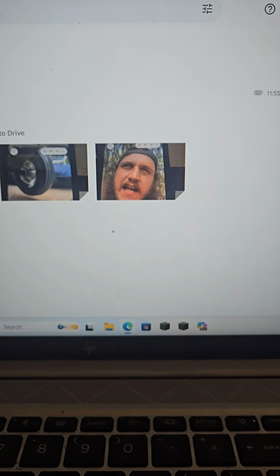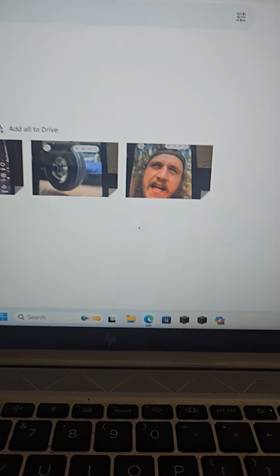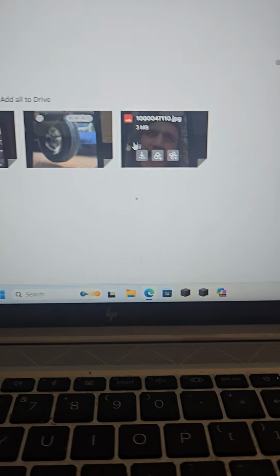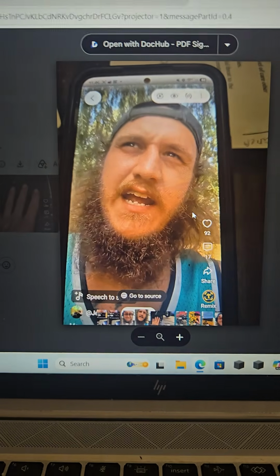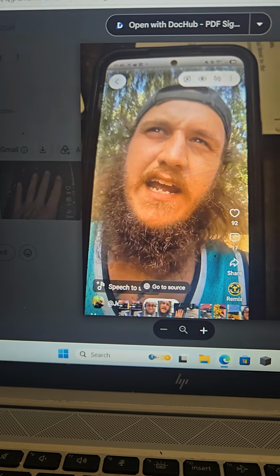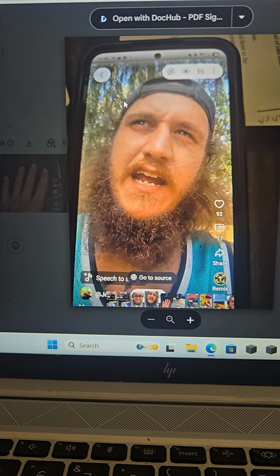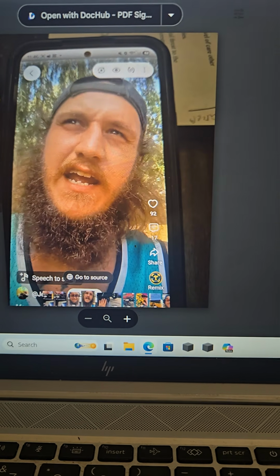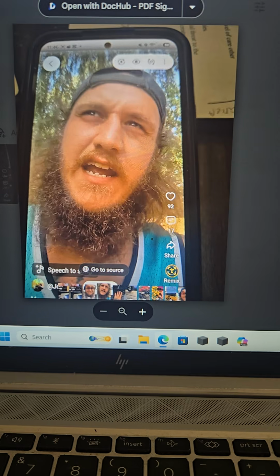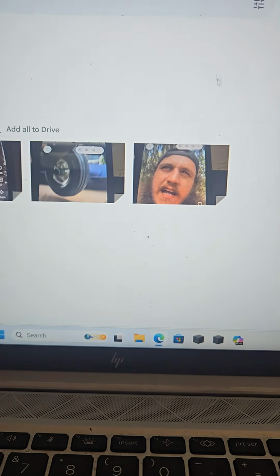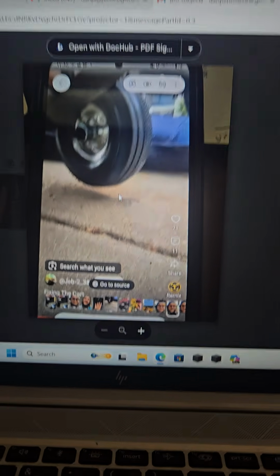There was one. Let me turn this around, and I'll show you. Where is my mouse? Why does it always disappear? Like this one here, the foliage in the back was a dead giveaway. And if you notice, there's a field in the back. I just made a mental note of that, and then I went on to this one.